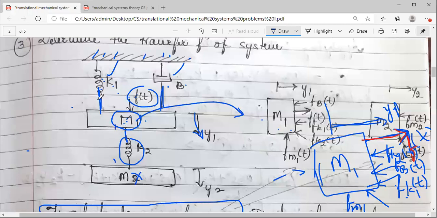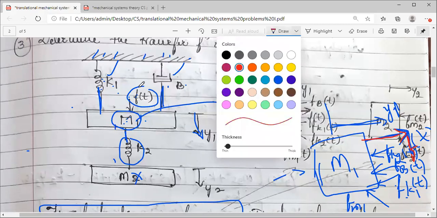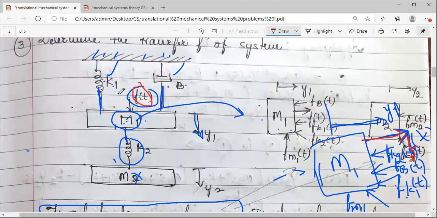So how many forces totally? Count it. Applied force 1, opposing forces 1, 2, 3, 4. So totally 5 forces. The sum of all of these should be equal to 0. That itself is your principle, which is D'Alembert's principle. So the algebraic sum of the applied force and the opposing forces is equal to 0. So let us now move on. Hope you understood this concept.